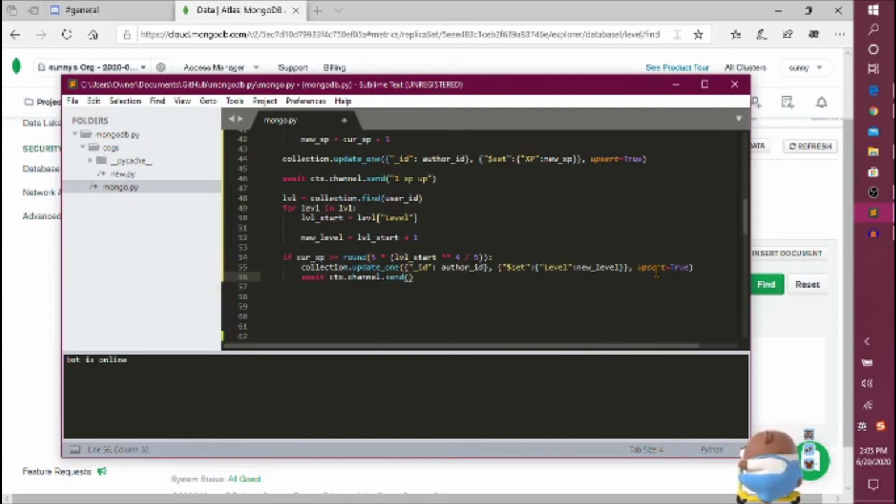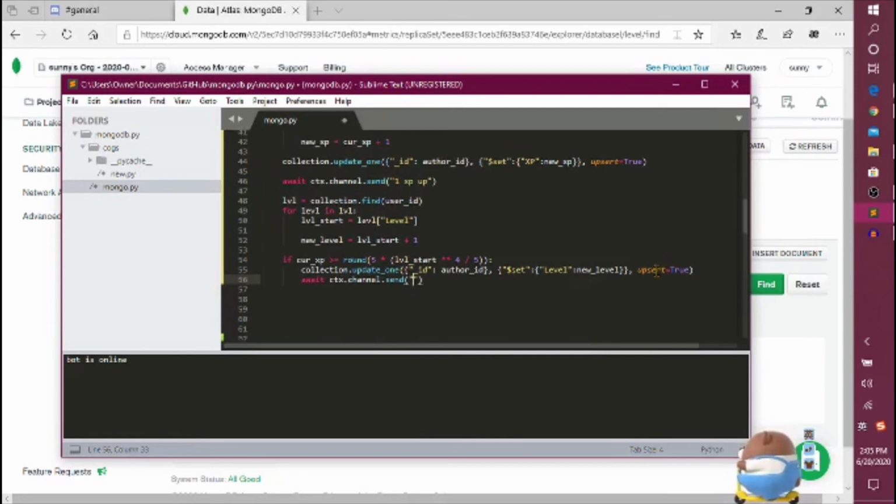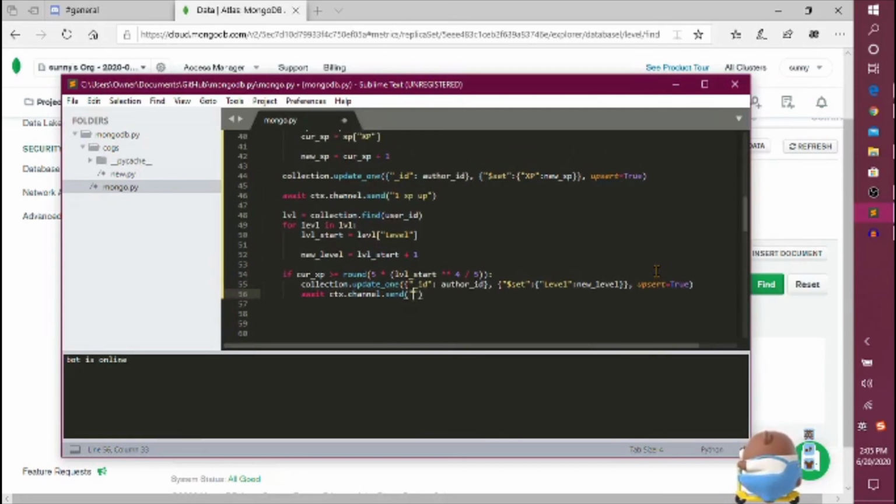We're going to have the author, say author dot name here, has leveled up to